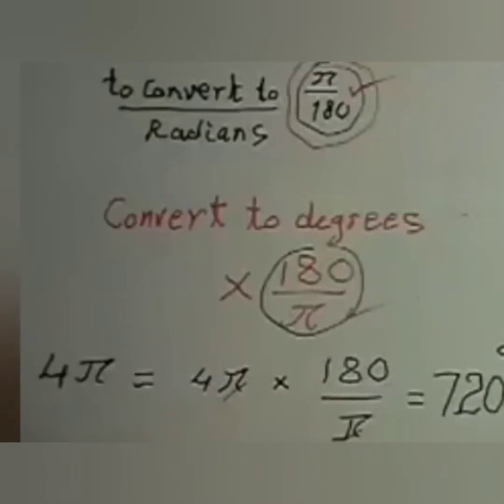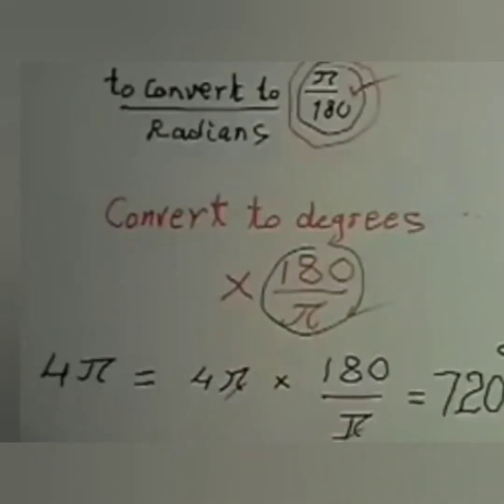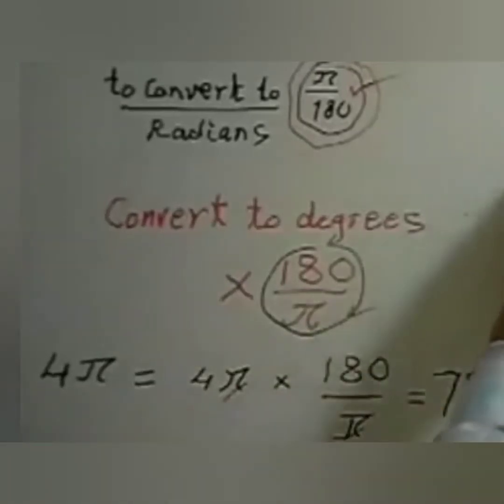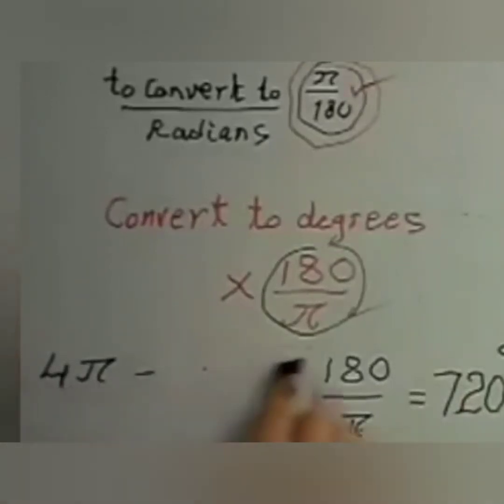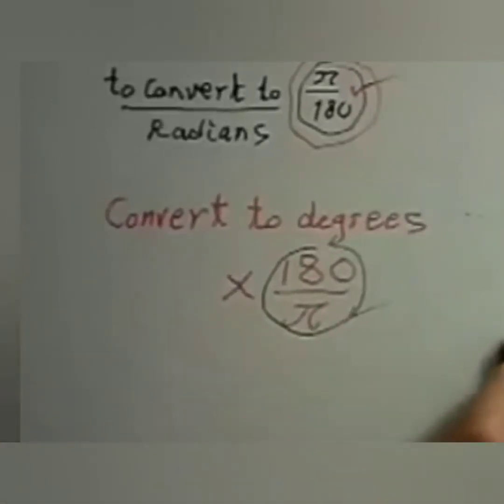Same thing for the other angle, 5 pi divided by 12. Convert it, and after the cancellation you get the accurate value in degrees. Okay? So those are for these two questions. Now let us go to the third question. The third question asked me to draw in standard position